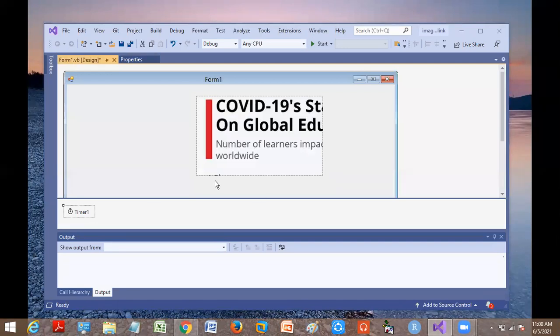Now, for which particular control should I write a program? Picture box or timer? Timer. I need to write for a timer. For every time that it ticks, what should happen? That is what we need to write. Correct? Yes, ma'am. Yes, one more thing. Let me show this thing, so that will be clear with your coding also.